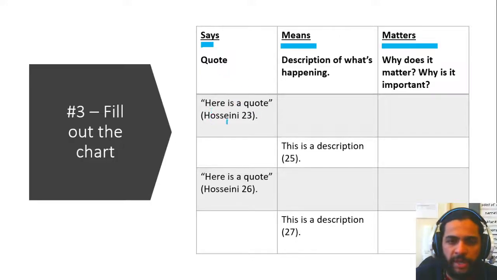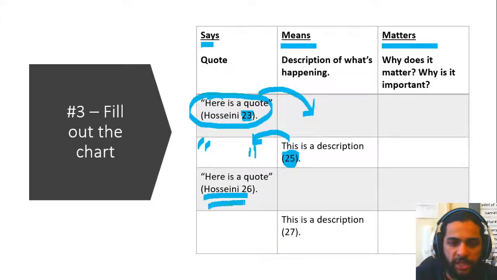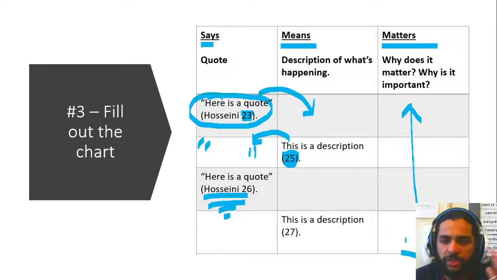Just a quick reminder, if I give you a quote, look at that quote, open up to that page, and write a quick description in your own words. Explain what's happening. If I give you a description and a page number, again, you read that page, figure out what's going on that page, and then you give me an exact quote that comes from that page. And of course, don't forget to put in a citation. I show you right there how to do the citation, author's last name and the page number. Just make sure that you have the citation there after your quote. All right, and then as always, explain why it matters, why is it important, just why is it interesting to you.